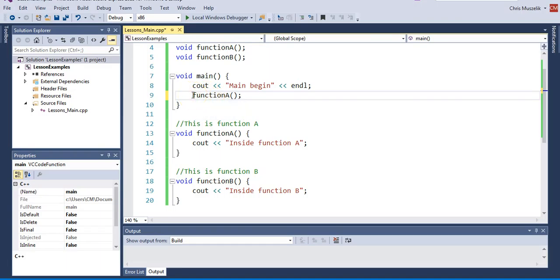Let me jump to that function. That function is down here on line 13. Program execution will begin on line 14, comes to the end on line 15. Once function A is complete, execution then comes back up to main, and whatever statements are after function A will